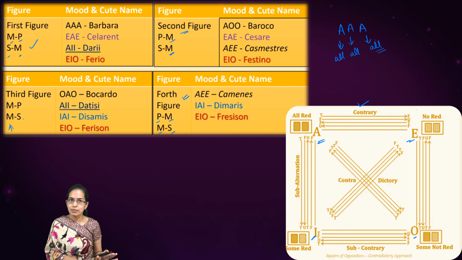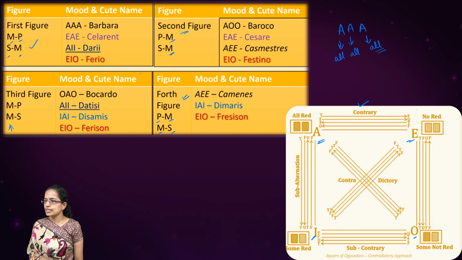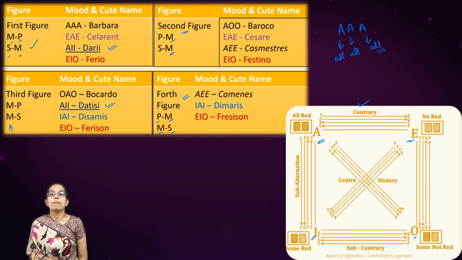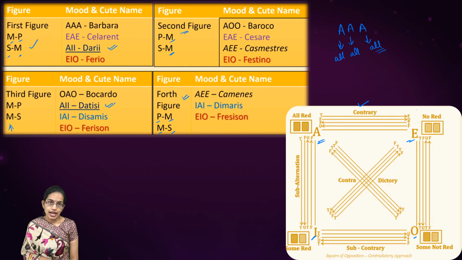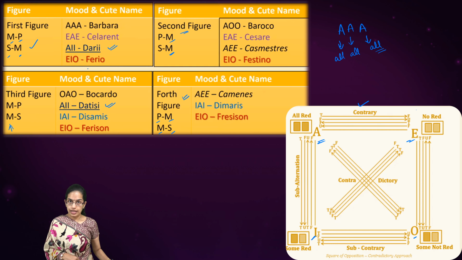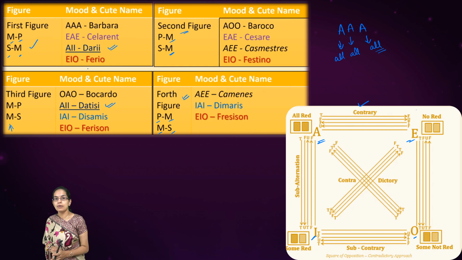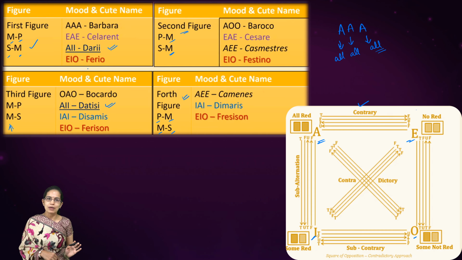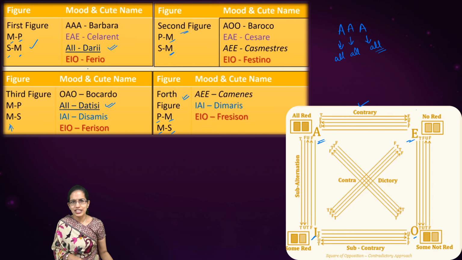Now this was the very basics. Now as we know, each of those, let's say I have underlined A here with blue. So A figure 1 is Darii and A figure 3 is Datisi. Now both of those have names starting with D. But what we can remember with today's trick is whether it is AII, EIO or AAA. If I want to further remember whether it is figure 1, 2, 3 or 4, that is something that I would have to remember and know. But at least our task would get a little simpler.